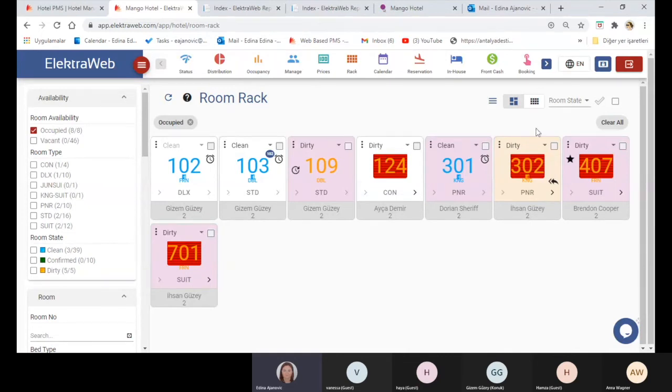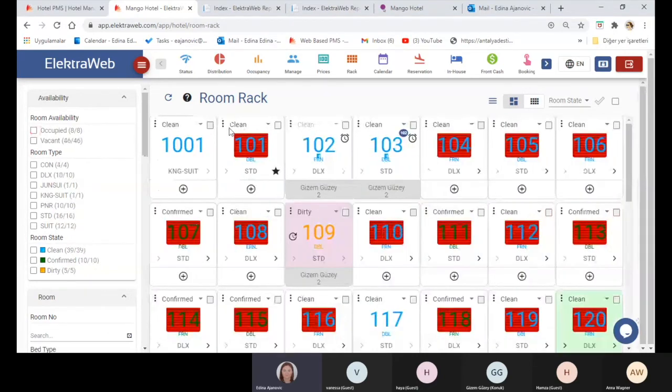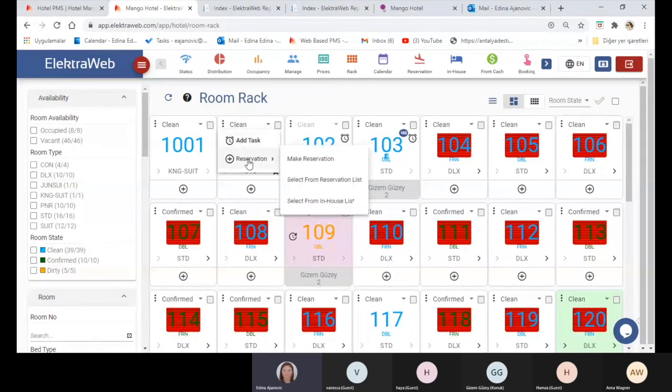What is also possible to do from the room rack is that while clicking on these three buttons, there is also the possibility to add a task, or to again do some of the other reservation related operations. So these are the quickest ways we can use one of the